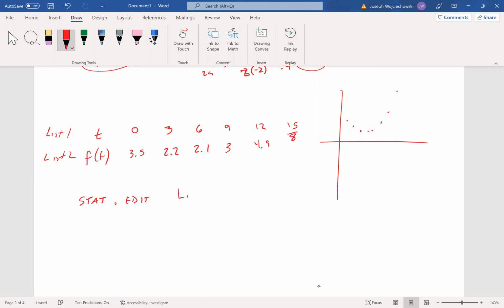Okay, so we list data, L1, L2. Now, we hit stat again. Then we want to calculate quad regression. On mine, it's number 5. Okay, and that's going to come up on the screen like before. Hit enter. And we should get,